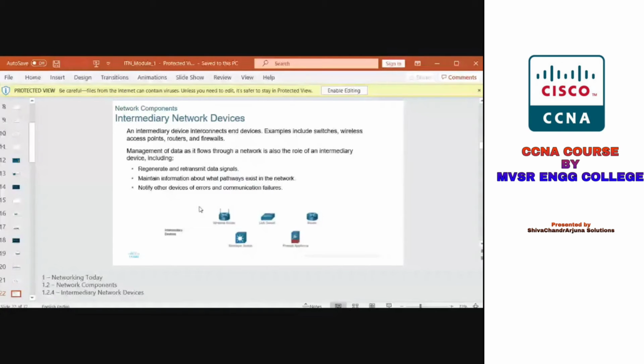And what are the intermediary network devices, which interconnect the end devices? It may be a switch, a router, a wireless access point, or a firewall, which can regenerate and retransmit data signals, maintain the paths between different networks, and notify the devices of any errors or communication failures in the network.